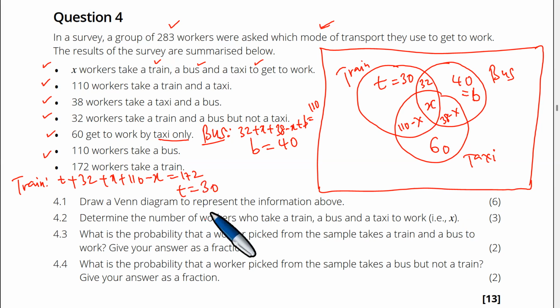4.2, determine the number of workers who take a train, a bus, and a taxi to work. That is x. They take a train, a bus, and a taxi to work. So we need to find x. What is x? To get x now,